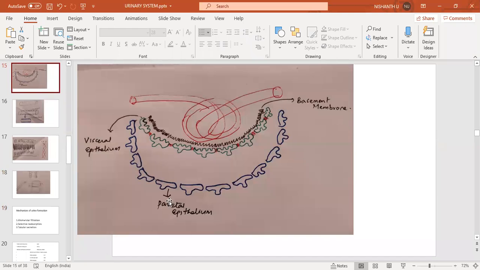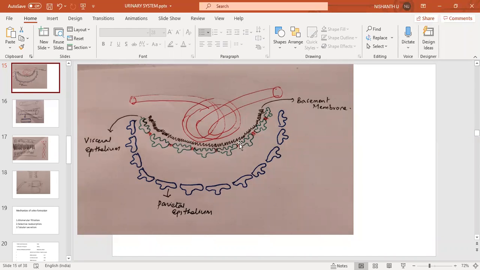In the previous class we discussed the afferent arteriole as well as the efferent arteriole and its endothelium. We came to know that the endothelium has fenestrations, approximately 100 fenestrations, and in the individual epithelium more than 100 to 1000 fenestrations will be there. Apart from that, we discussed the basement membrane, and we came to know that the basement membrane as well as the endothelium are highly negatively charged. That means it is packed with negatively charged molecules.